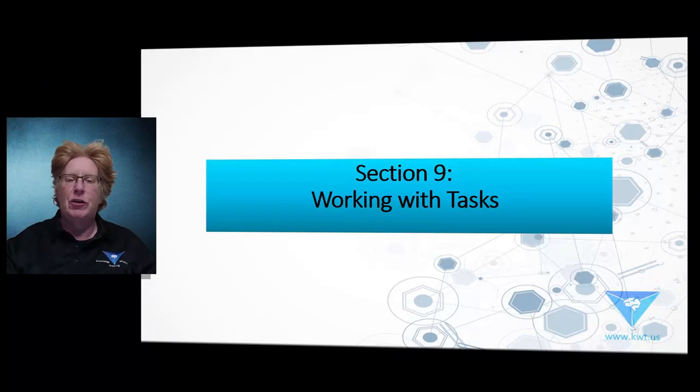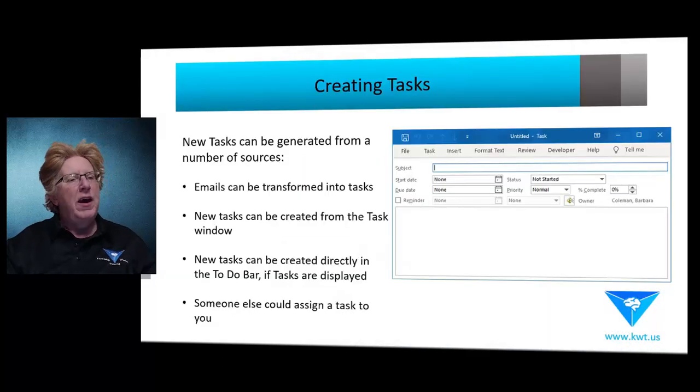Today we're going to take a look at tasks within Outlook. So new tasks can be generated from various sources. You can create one directly from the Home ribbon when you're working with tasks. You could accept an assignment of a task from someone else via email. You can flag an email for action, or you can create a task from an email. So there's two slightly different methods there in terms of creating a task from an email. Or you can create a task directly from the to-do bar if you have tasks displayed on the main Outlook